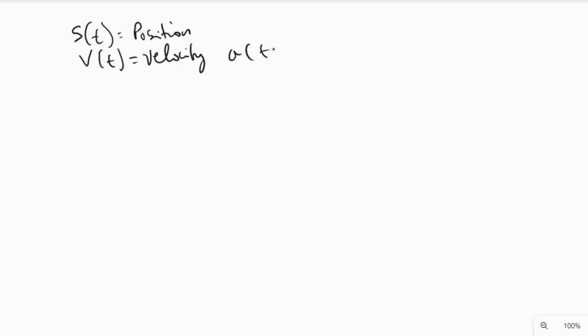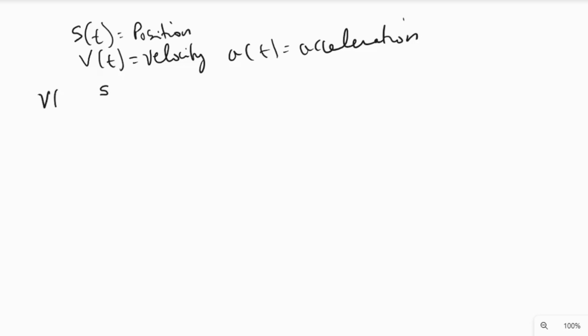Okay, so as we have seen here, we have seen so many things now. The first one is S(t), which is called the position. And then we have V(t), the velocity. And then A(t) is acceleration. So once we have now the derivatives,